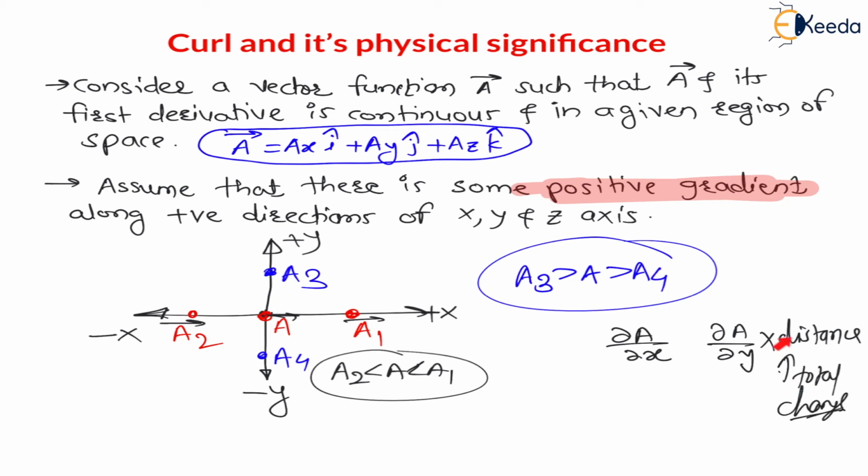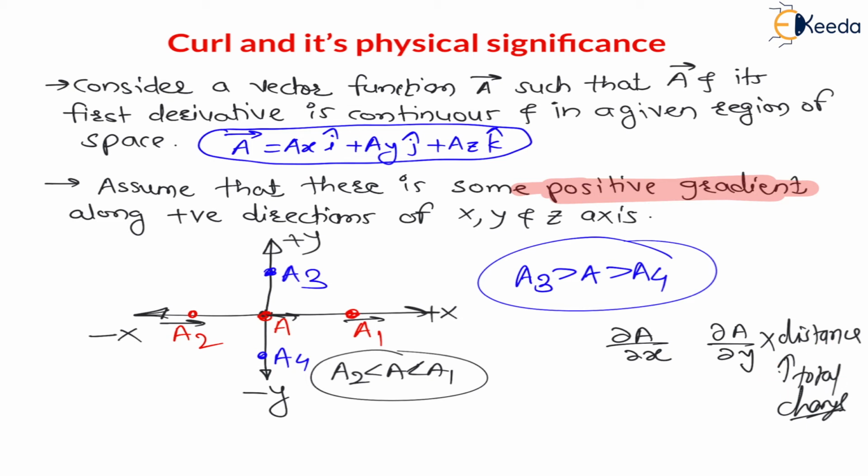Now, understanding this step is very important for complete understanding of this topic. Without this step we cannot understand this topic. So my dear students, don't worry about that. If I take practically any diagram, then you will understand this properly. As of now, you might have understood 10% or 15% of this part, right? ∂A/∂x is nothing but the change in vector field A along the x-axis per unit. For 1 unit distance change, the change in the vector field will be ∂A/∂x. And if I multiply with total distance, I will get total change, right?